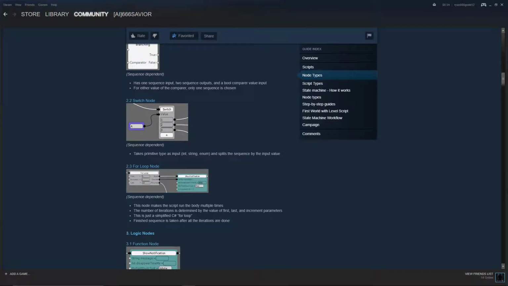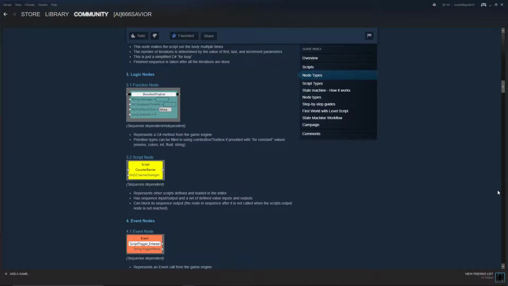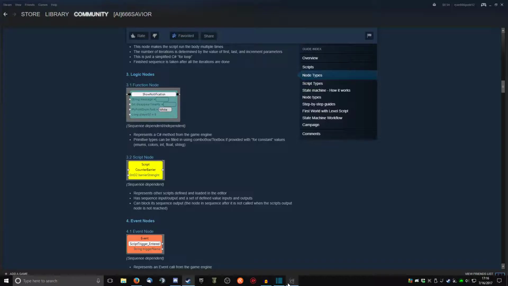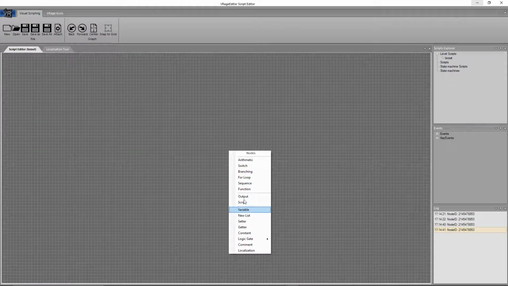And it looks like that's it for sequence control nodes. We'll move on to script nodes. Script nodes represent other scripts defined and loaded in the editor. It has sequence input, output, and a set of defined value inputs and outputs. And it can block its sequence output, meaning the node in sequence after it is not called, when the script's output node is not reached. So if we go in here really quickly and we attempt to put down a script,